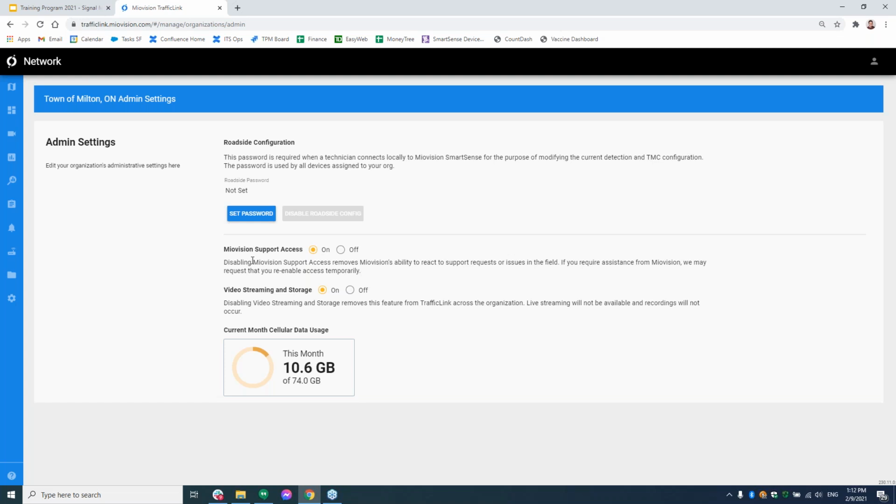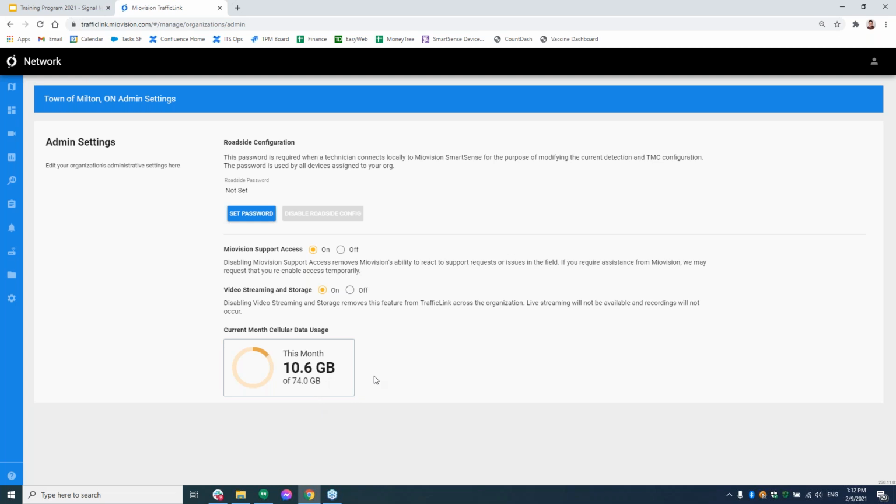But we feel like due to just general level of control of video and making sure people are generally comfortable with the access to video, we wanted to give you control to who has access to that and make it so that you could shut it off at any given moment if you choose to. Obviously, video is a very helpful tool for traffic operations and troubleshooting detection problems, but it is an option in the platform.